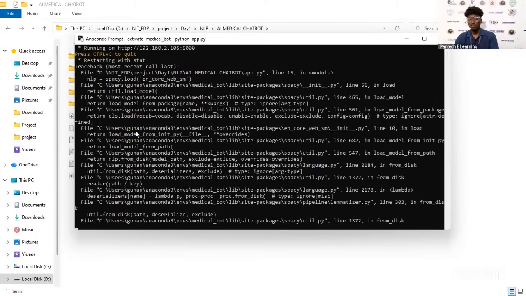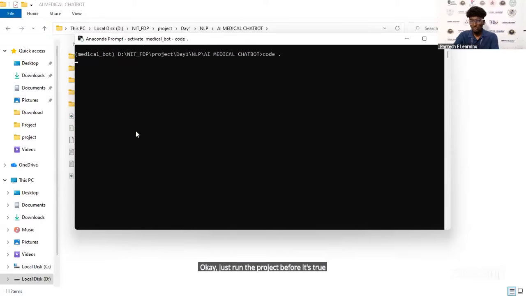I run the project before I show it in VS Code.